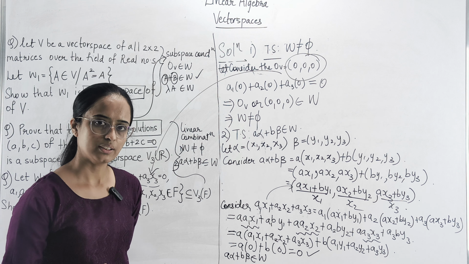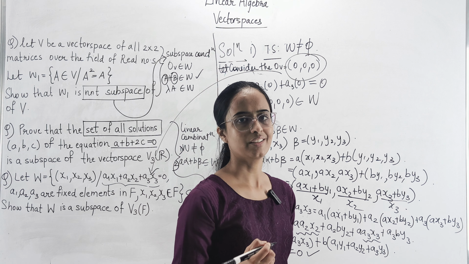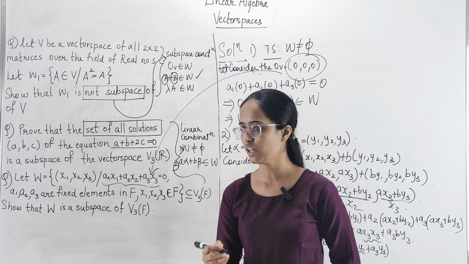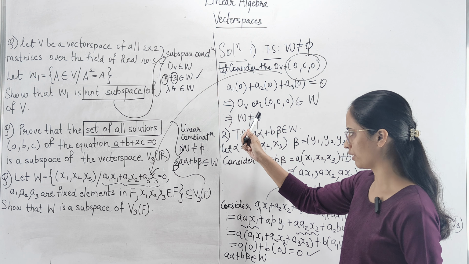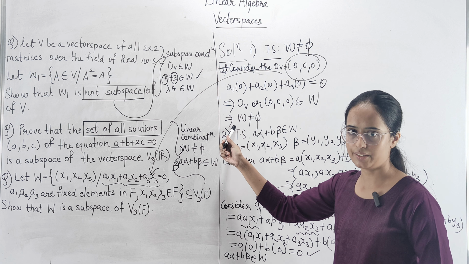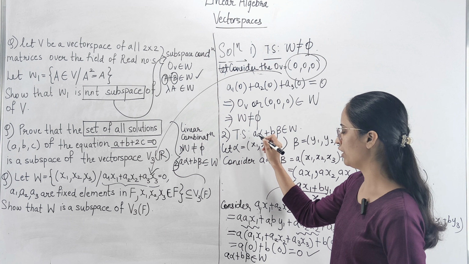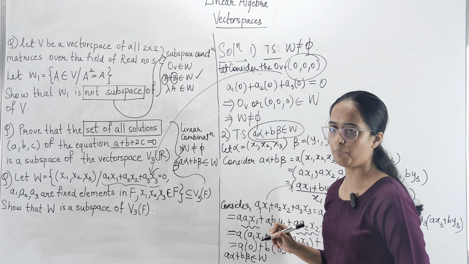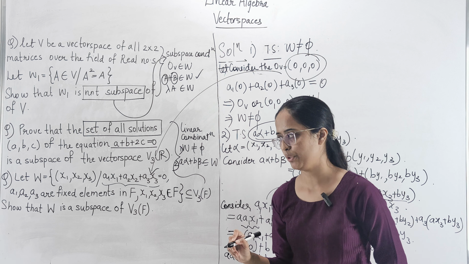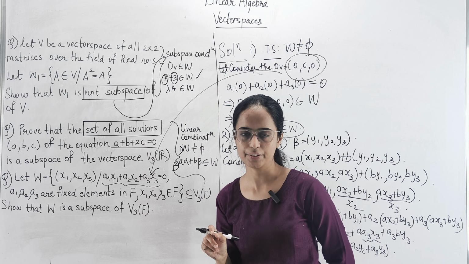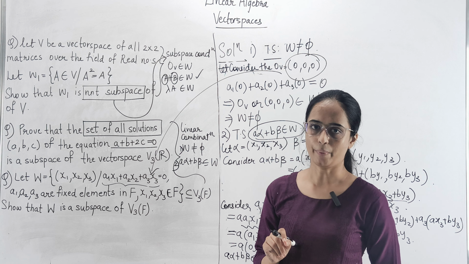And that is how even your second condition for proving that a set is a subspace सेटिस्फाई हो जाती है. सो सबसे पहले हम लोगों ने शो किया दैट द जीरो वेक्टर बिलोंग्स टू दिस पर्टिकुलर सेट W, मीनिंग W is non-empty. And second, we did show that this linear combination belongs to the set W. This is how you will be proving a particular set to be a subspace of a given vector space.